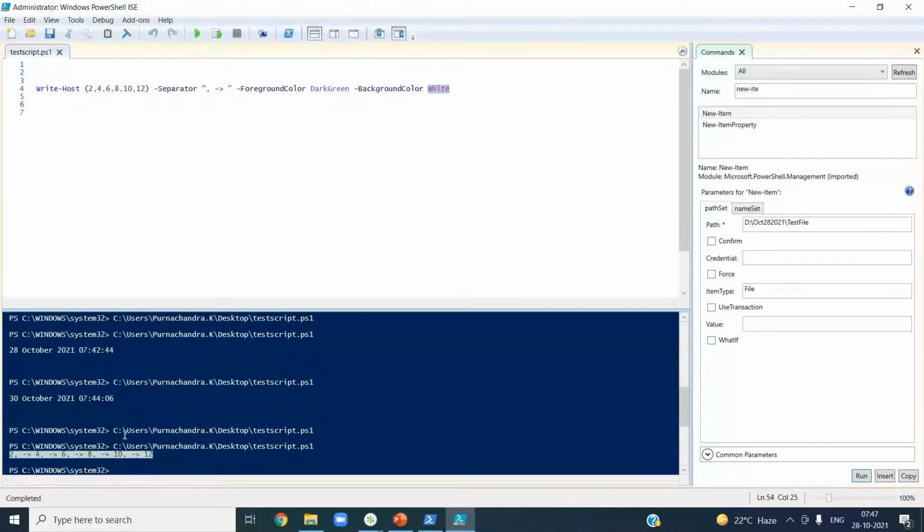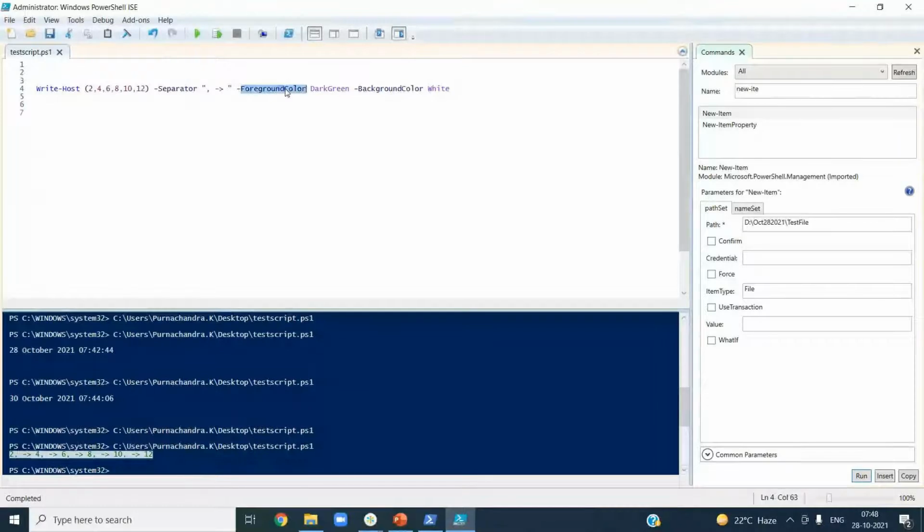Now you see here 2, arrow mark, and 4, arrow mark, etc. So I've typed and printed all this data with some customization of the colors and background. That's what you see. I'm not in favor of this one, but if you want to use it for some reasons, you can customize like this.